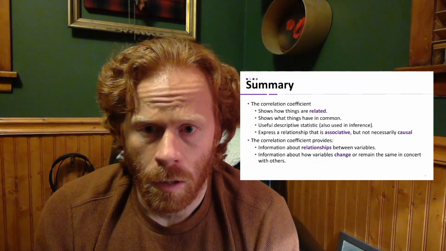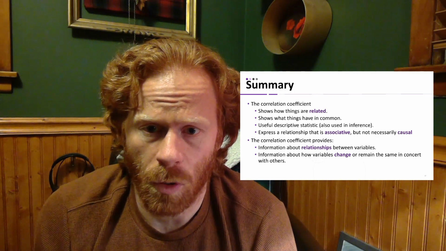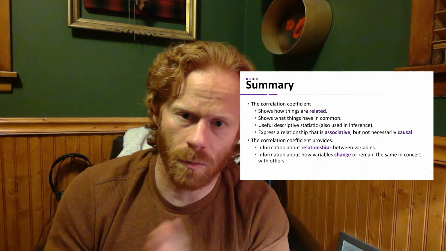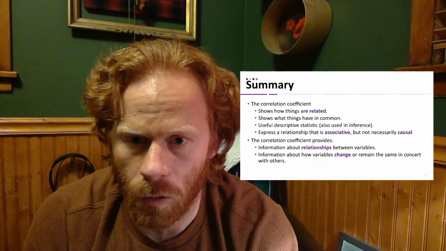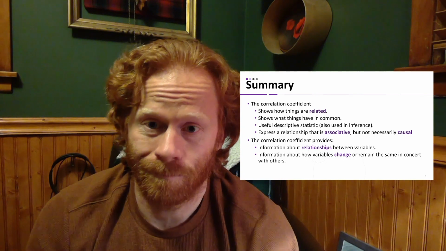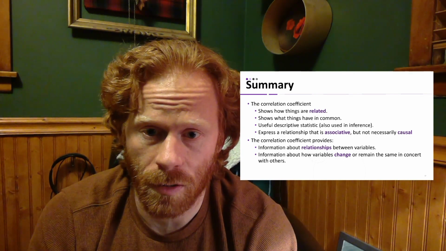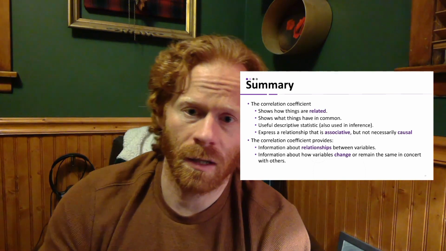But the thing you want to remember from this week is the differences in positive and negative correlation, direct, indirect correlation, and then correlation does not mean causation. That's a big one. Take that into consideration,